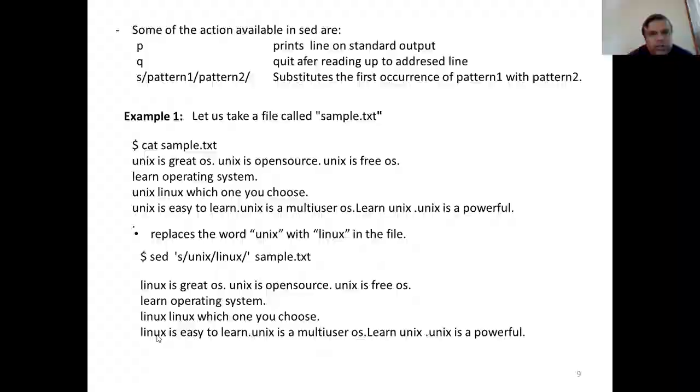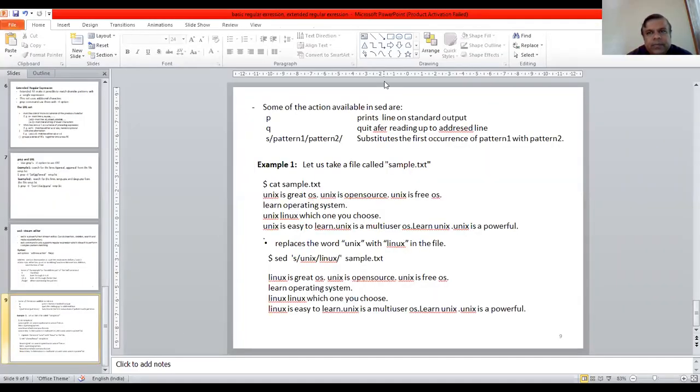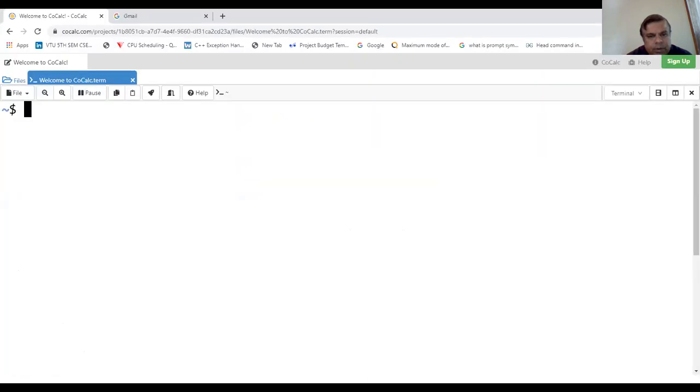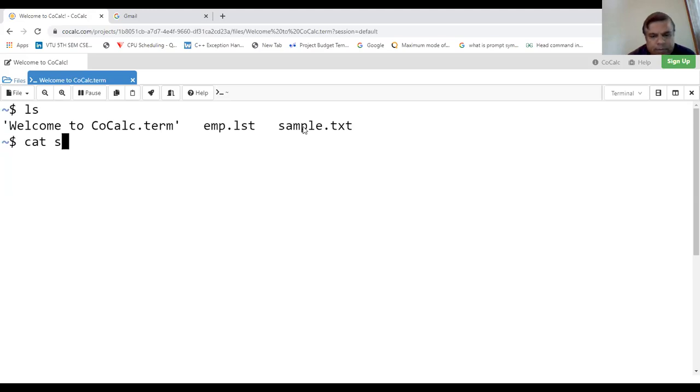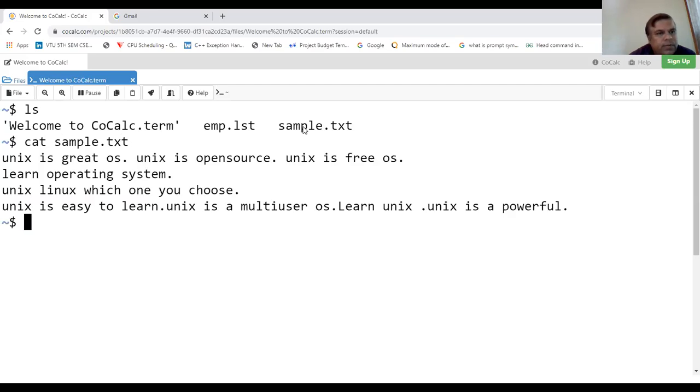So let me demonstrate this. So we have a file called sample.txt. So display the content of sample.txt. Now I want to replace the word Unix with the word Linux.